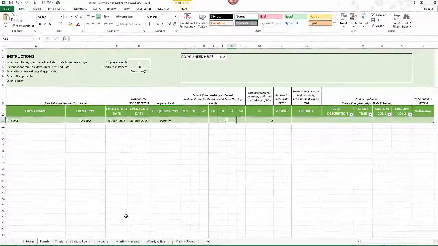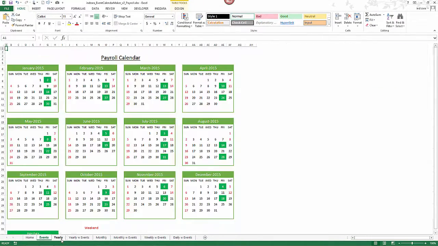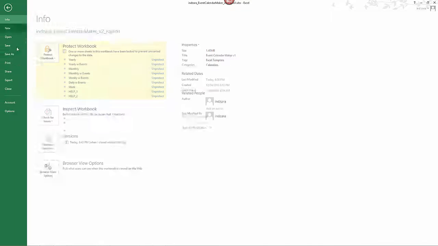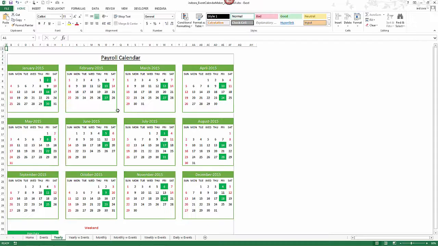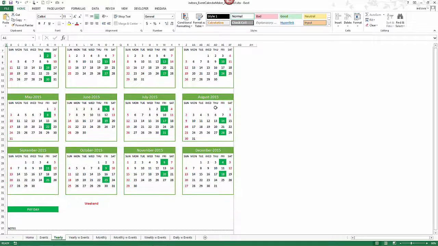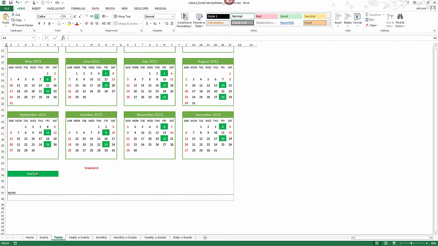And now let's go to the calendar view. There you have it. So within 1 or 2 minutes, we have created our own payroll calendar, and now you can just go ahead and file, print, and you can print this. It's ready to go. You can export it as a PDF and share it within your team as well. So what we have done here is every other Friday, beginning the first week of 2015, every other Friday is automatically colored with green, and at the bottom it says green means payday.